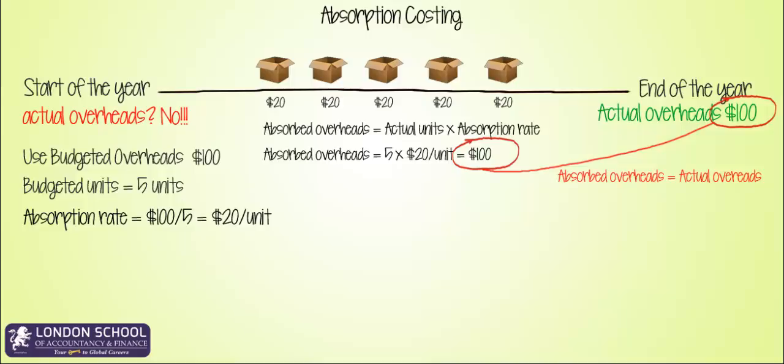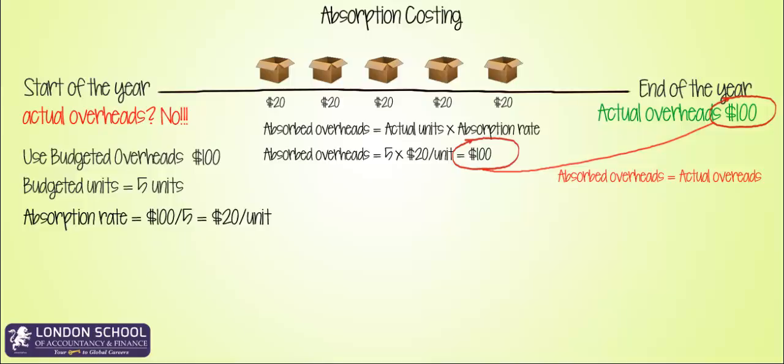However, this is not always the case. Sometimes, or you can say mostly, my absorbed overheads are going to be different from my actual overheads. The reason is, again, that the absorption rate is based on budgeted figures, which is then used to calculate the absorbed overheads. So our budget can be wrong. That's the point I want to make here. Our budget can be wrong, which will lead to a wrong absorption rate,